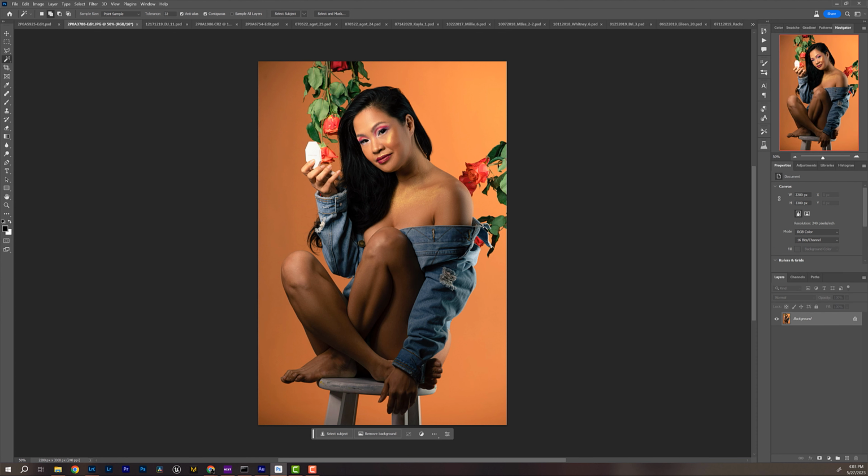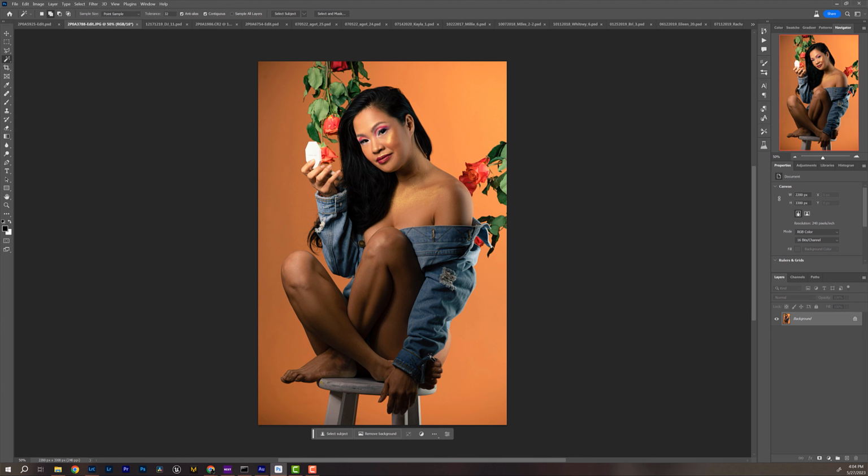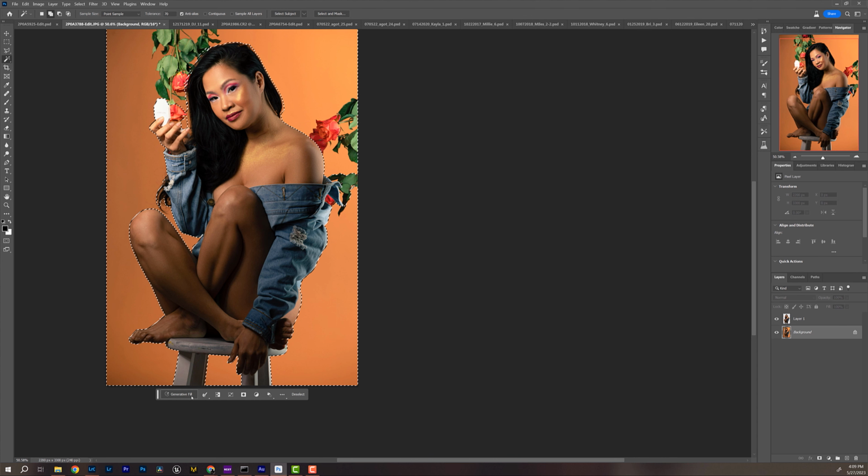This one is going to be a little bit more different because I want to now incorporate these flowers into this. Like when I shot this, I had a whole set in mind and I could not build it because I didn't have the prowess to at the time. So now that I have this tool, I'm going to go through the same thing. I'm going to select my subjects. I'm going to select my beautiful Michelle here, as well as this stool that she's sitting on right here, because I don't want this stool to be gone either. Like I want this as part of the picture.